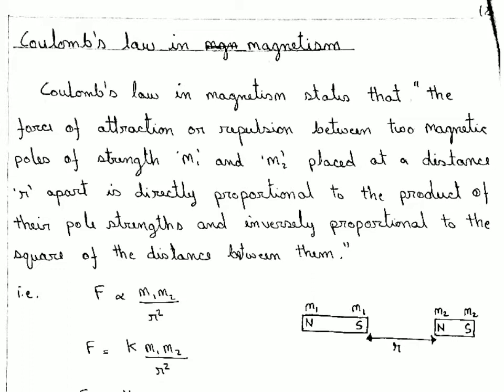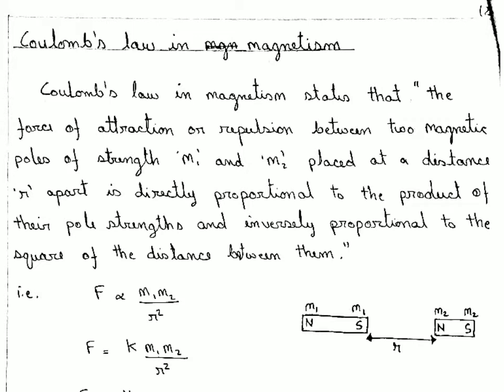So this Coulomb's law in magnetism is similar to Coulomb's law in electrostatics. If we can recall in chapter 1, Coulomb's law in electrostatics, the force of attraction or repulsion between two charges q1, q2 separated by a distance r is given as F is equal to k q1 q2 divided by r square. So here also, instead of charges, we have two magnets, one of pole strength m1 and another of